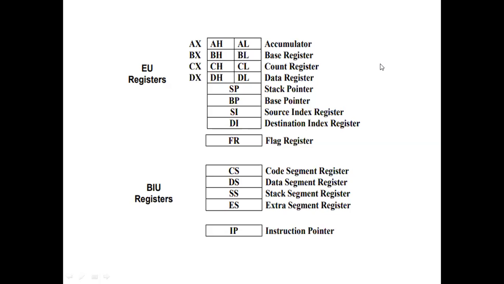Next is source index and destination index register. This is also a 16-bit register, used for index, base index, register indirect addressing as well as source data addressing. And there is the destination index. You can clear it after a few lectures, in the instruction set, using examples. After that,